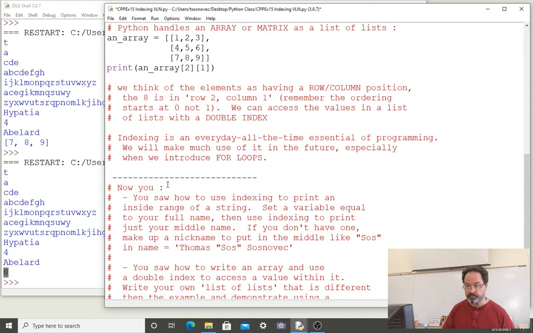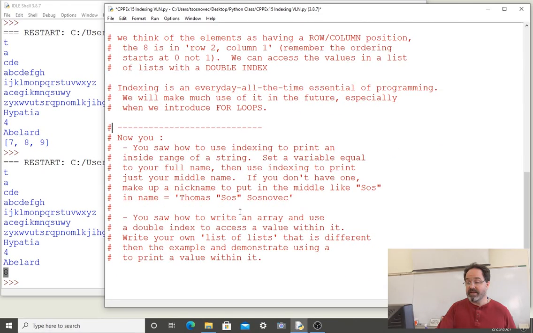Now you saw how to use indexing to print an inside range of a string. Set a variable equal to your full name, then use indexing to print just your middle name. If you don't have one, make up a nickname to put in the middle, like Sauce in the name Thomas